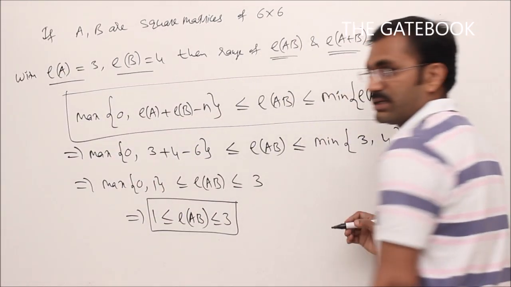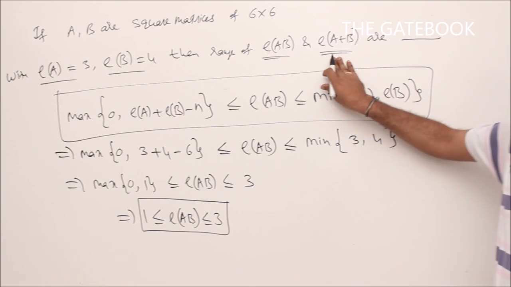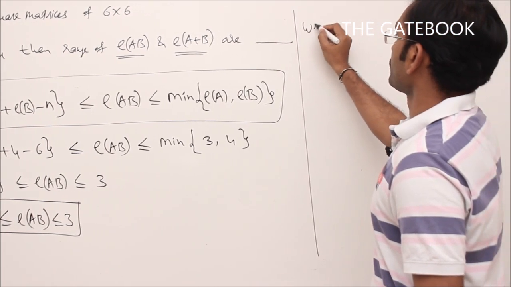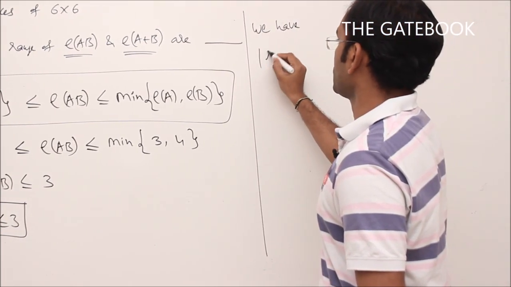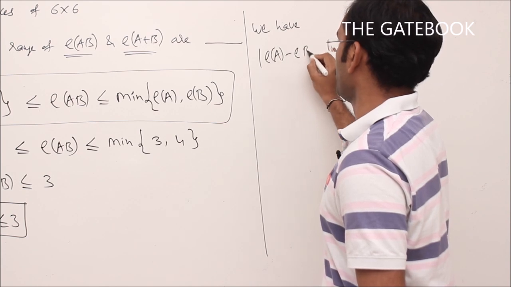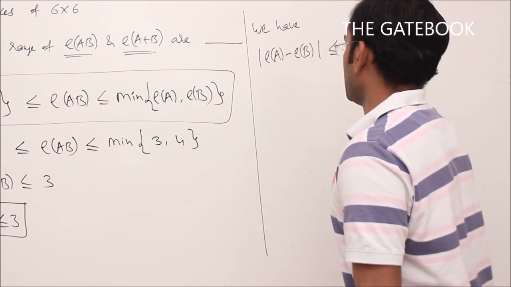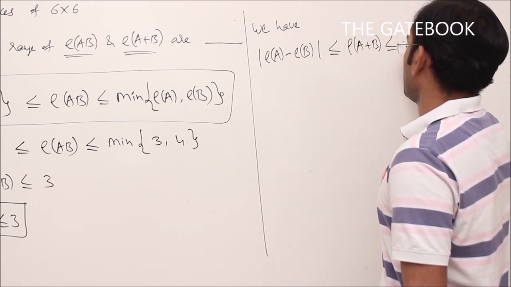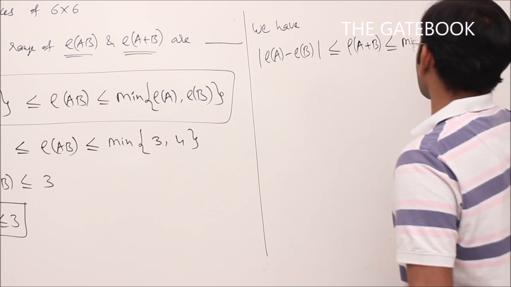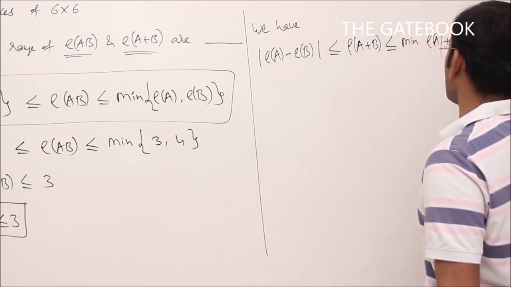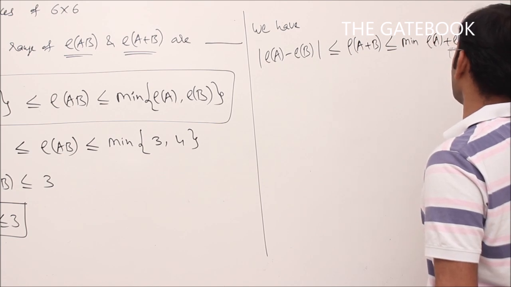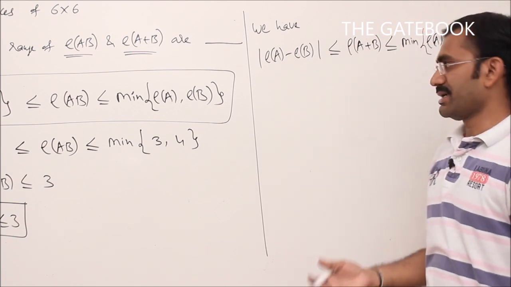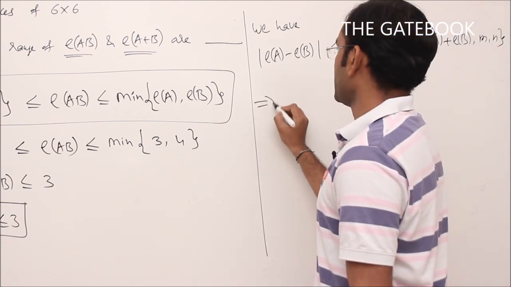Similarly, we can find the range of rank of A plus B also by applying this formula. We have modulus of rank of A minus rank of B always less than or equal to rank of A plus B, less than or equal to minimum of rank of A plus rank of B comma m comma n, where A and B are matrices of order m by n. Now applying this formula